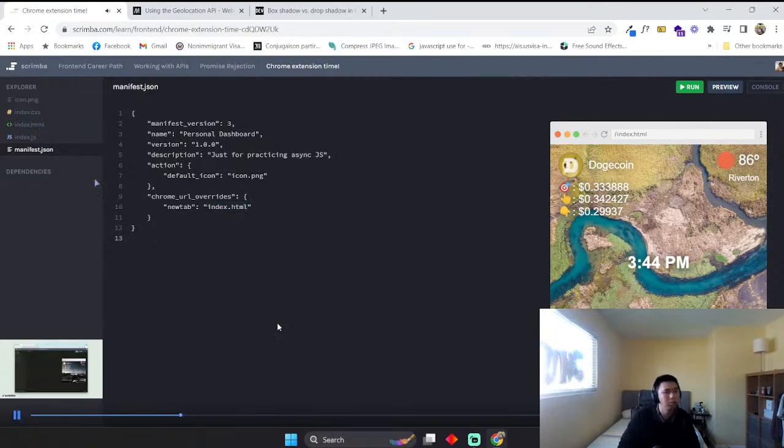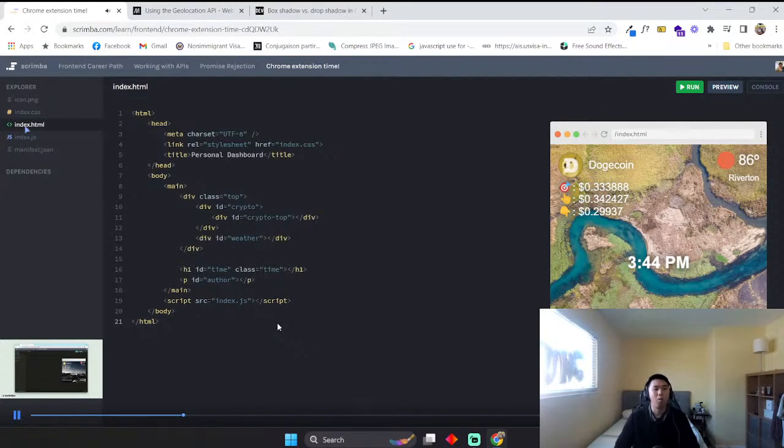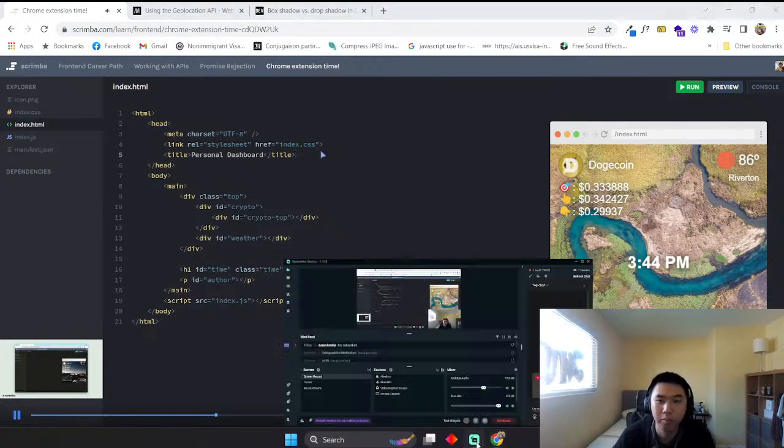A couple other small changes that I made are in the index.html file. First of all, I added this meta charset UTF-8 line. This makes it so that our emojis will actually show up as emojis. Otherwise, you get some characters that are trying to represent emojis but aren't actually succeeding. And the next thing I added was a title tag here. This just makes it so that when we pull this up in a new tab, it actually displays personal dashboard instead of, I think the default is